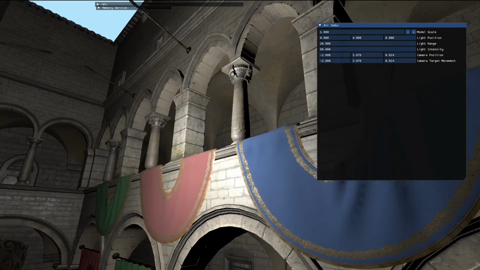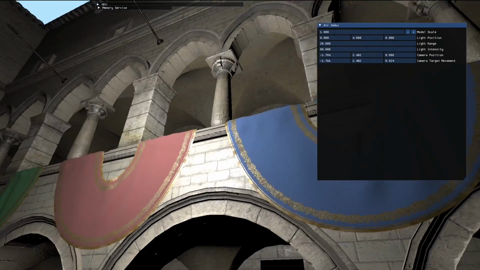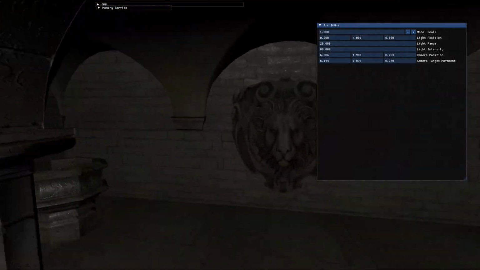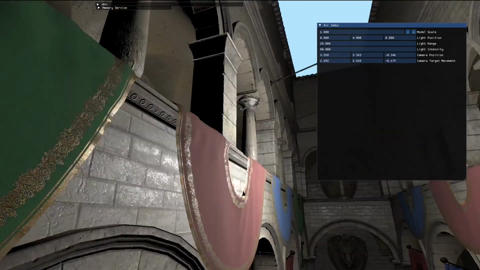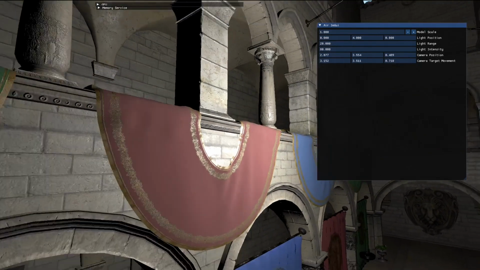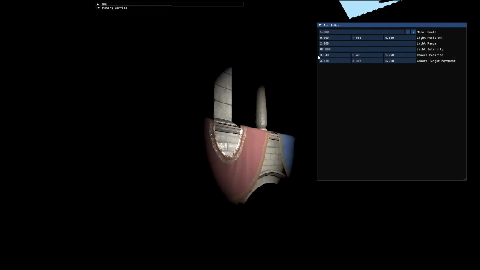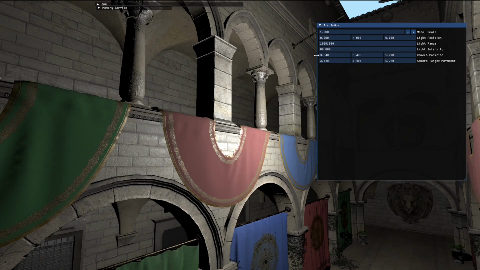I've also made a small lighting improvement to the fragment shader. Now with this light source over here, you can see that things get darker as you move further away from the light source. We can also adjust the intensity of this light source and the range of the light, meaning that we can get different lighting effects from this particular light source. This light source is only really here to demo things like physically based rendering. Further work is going to be needed to make lighting more efficient and useful for multiple lights.